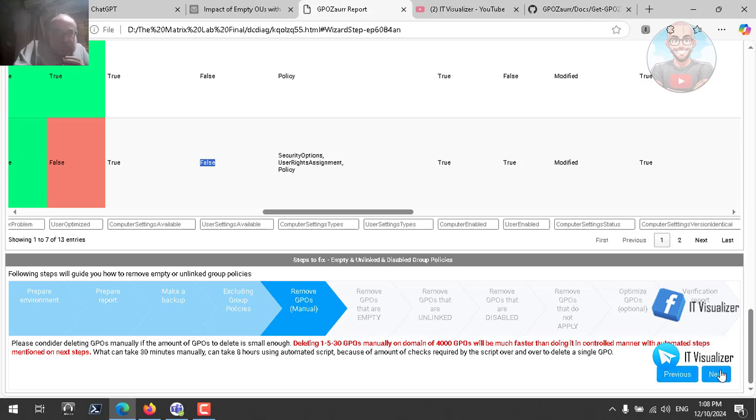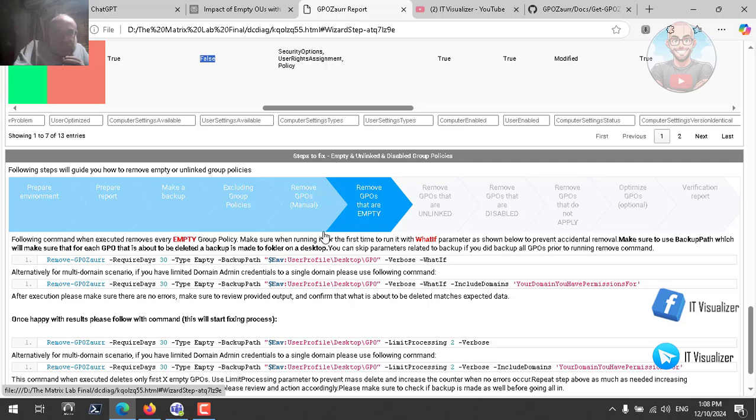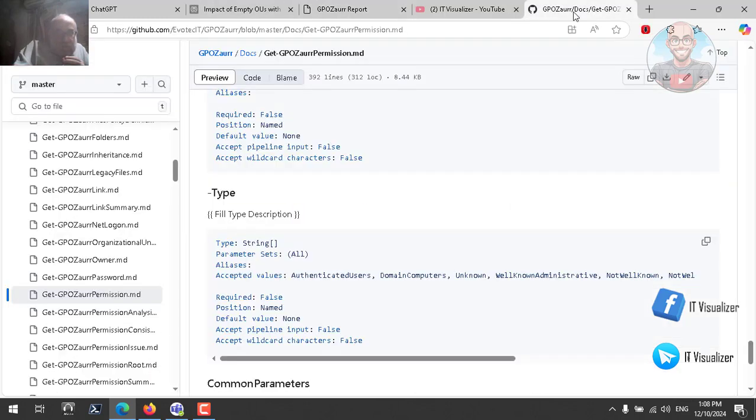Okay, remove GPOs that are empty. You can use this commandlet. Okay, it's empty. What is the required days here? He's talking about what is the required days. If we go there to remove GPO,